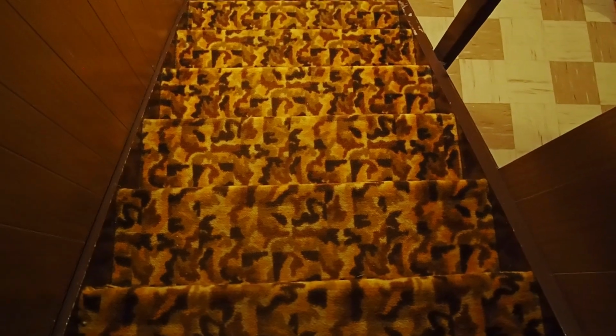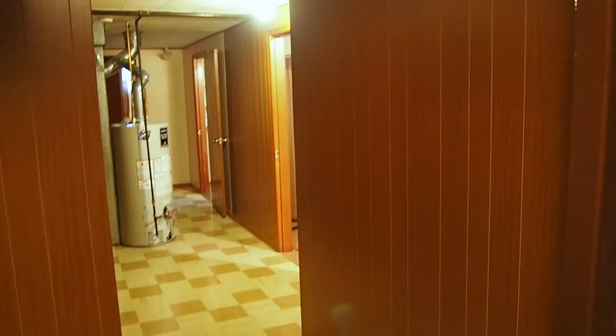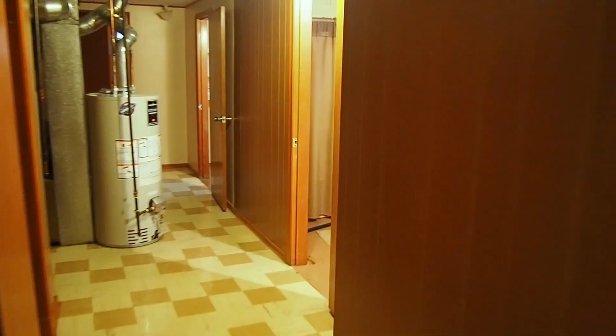So going down, these guys with some super retro carpet. I know when we first walked in here, it kind of looked like camo pattern to me. So I don't love this immediate entryway to the basement, so it is something we're going to try and change up a little bit. Off to our right here, we have kind of the mechanicals and laundry room,